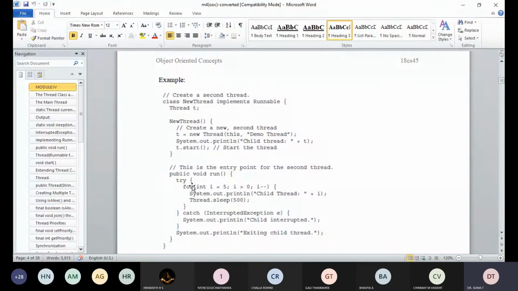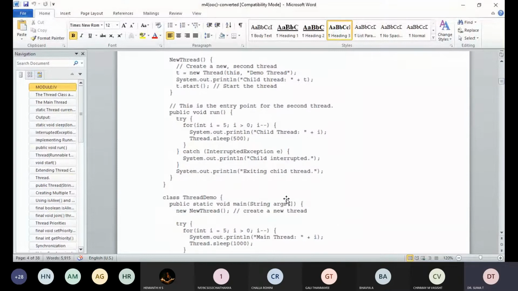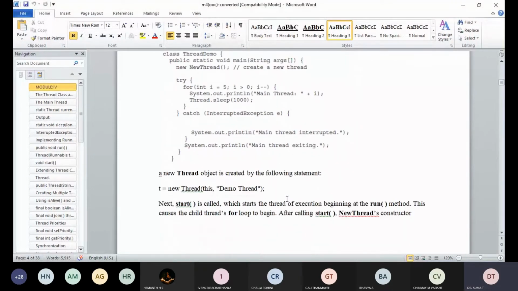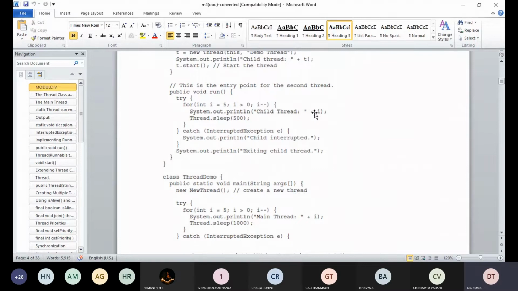Now try: i is equal to 5, i greater than 0, i minus minus. How many times are you going to print the child thread? Plus i, so it prints in decreasing order, because we initialized i is equal to 5.